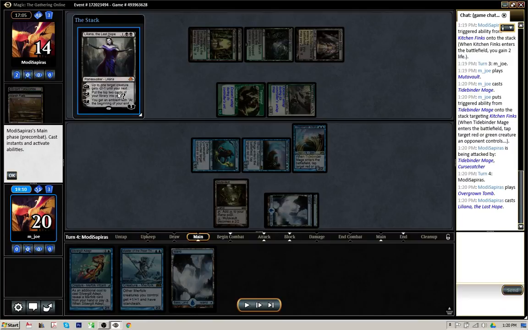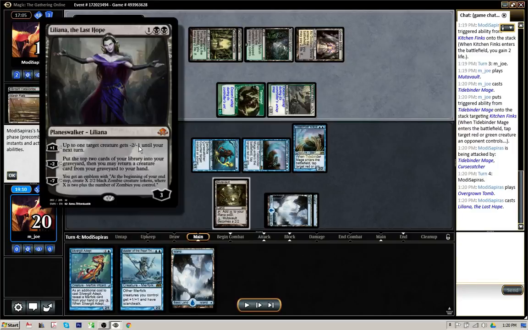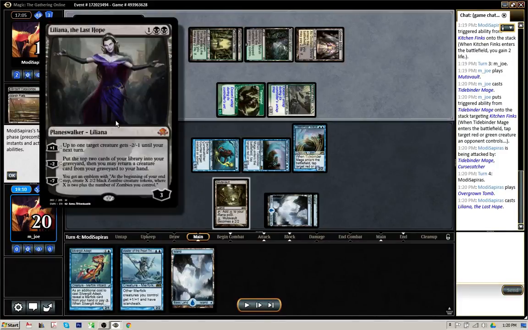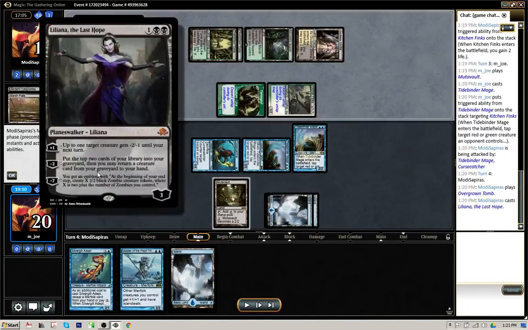Now, this card is typically kind of a joke against Merfolk. Our creatures almost always have more than one toughness, so her +1 ability is never really removal. Unfortunately, we see in this case it is. He can choose to kill a Cursecatcher. The other ability puts the top 2 cards of the library in the graveyard. You can return a creature card from your graveyard to your hand. Right now he doesn't have any creatures in the graveyard, so that's also a -2 for a little bit of